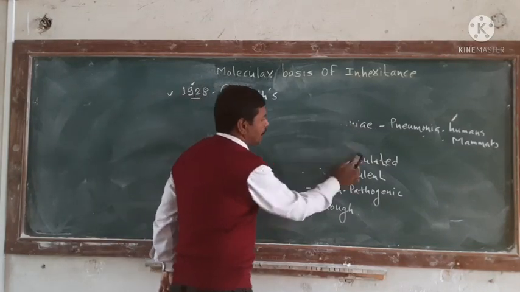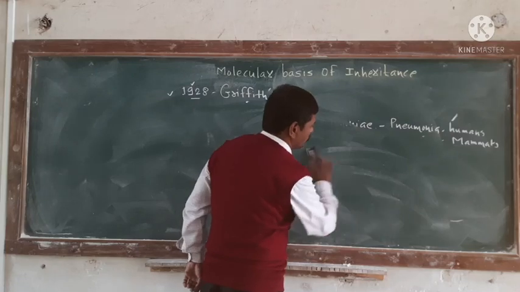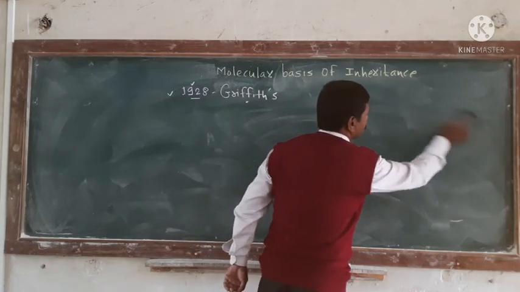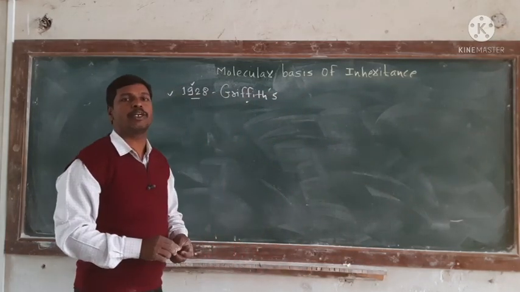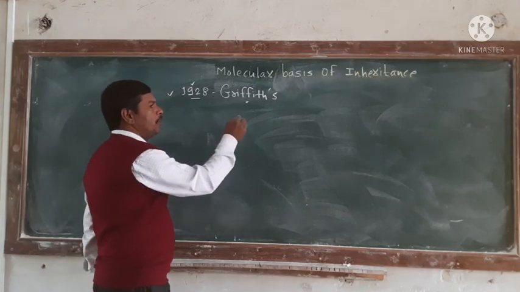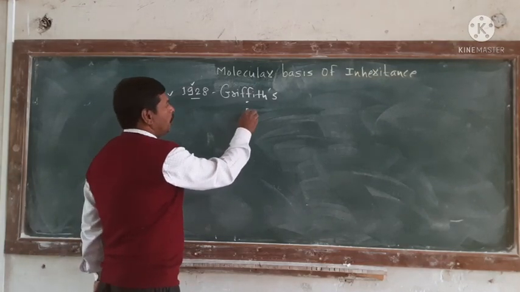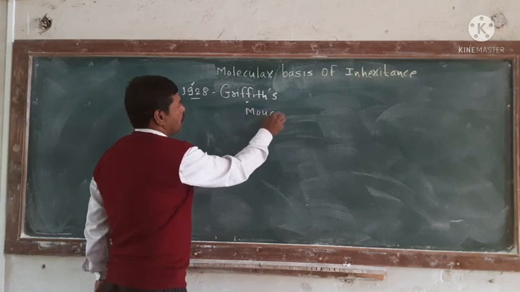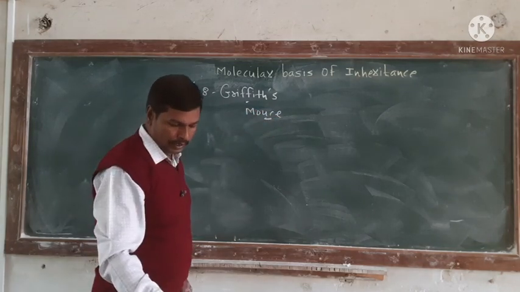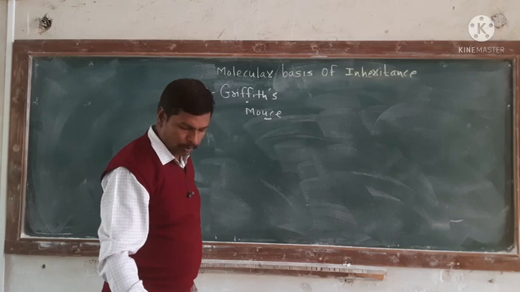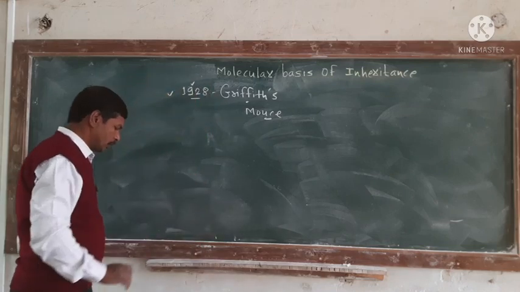Okay, now we have to discuss another thing as concerned the entire experiment. Now that bacteria have two strains. This is the first thing as concerned the experimental view. Second, we completed the experiment with the help of a mouse. In the entire experiment of Griffith, there are four different steps.